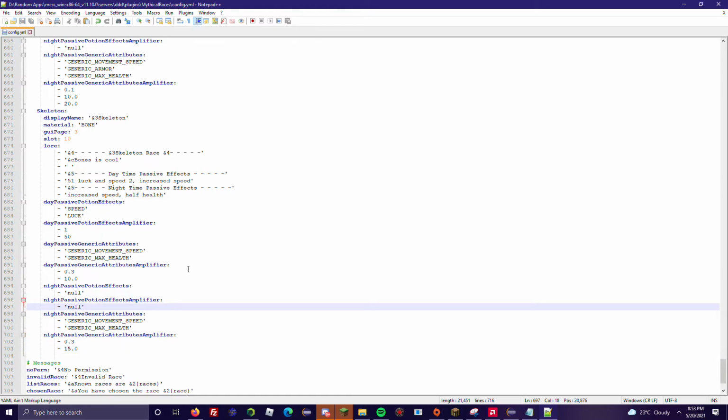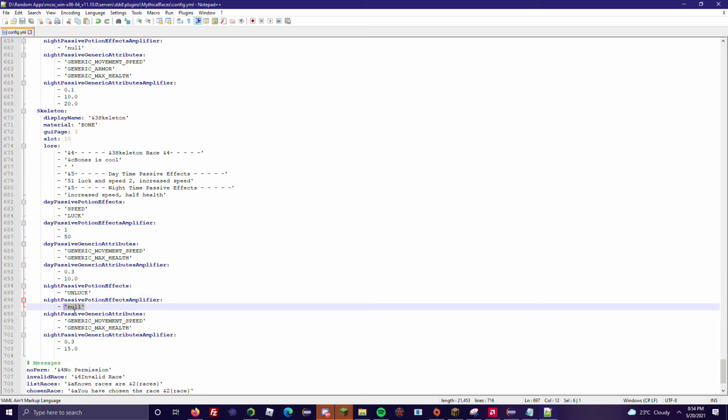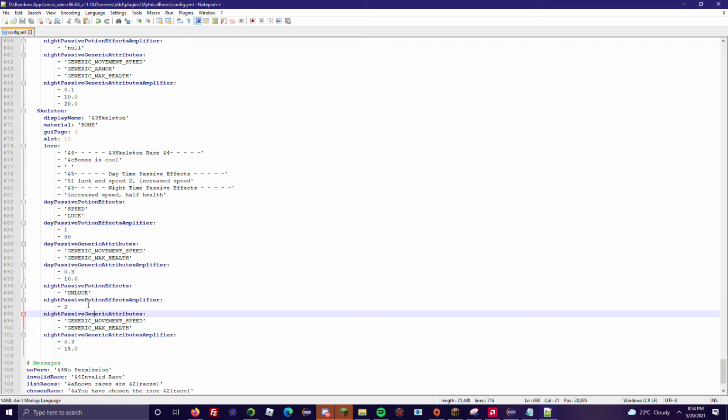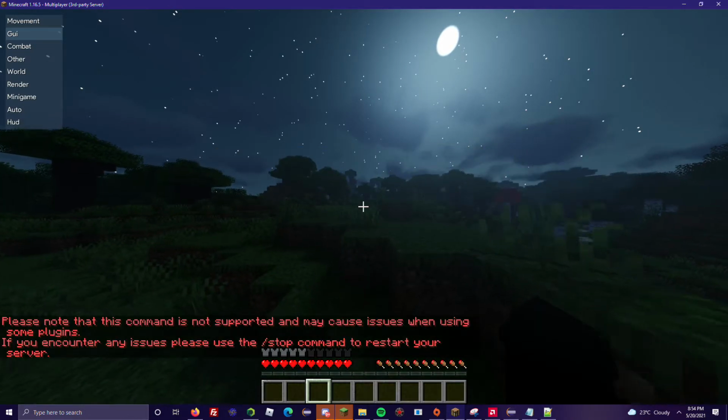There we go. And we want a night potion effect, and the night potion effect will be, we're gonna say, unluck instead. So we're gonna do unluck, and remember to delete the null and the characters surrounding the null, and put 2. So putting 2 will mean 3 unluck, like amplifier 3. We'll save that. We're gonna go back to the server, reload, confirm,